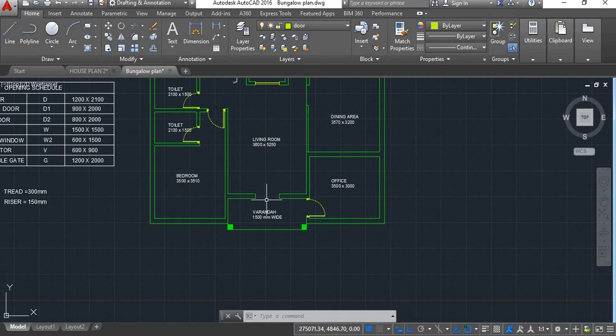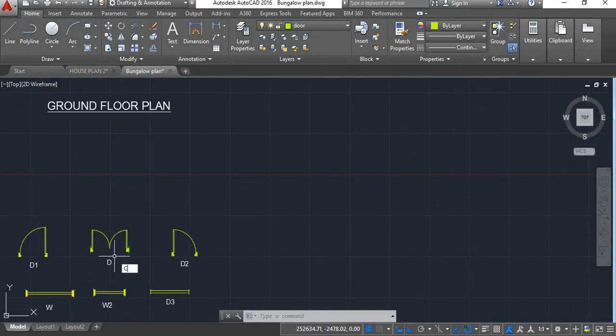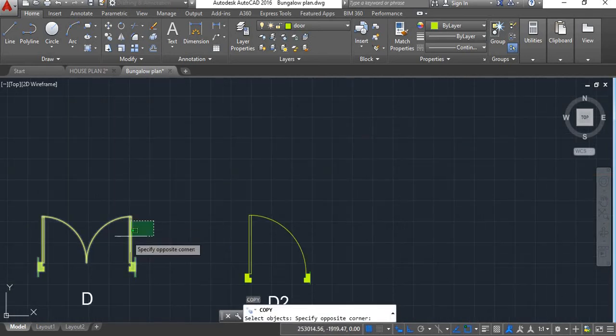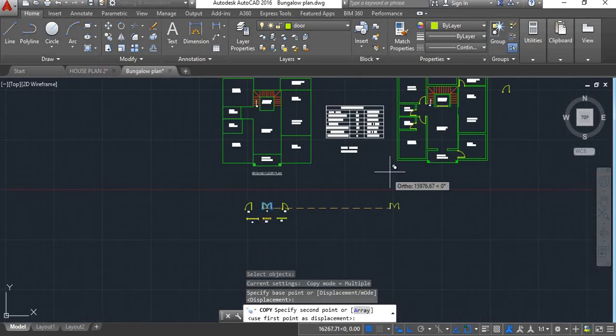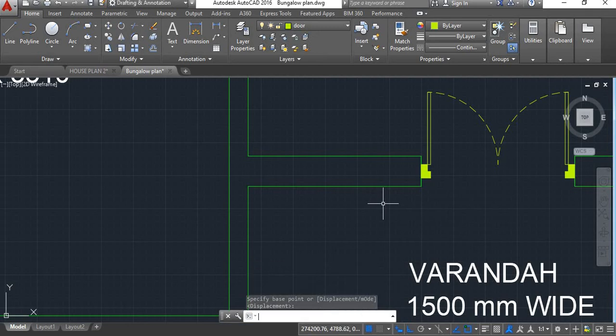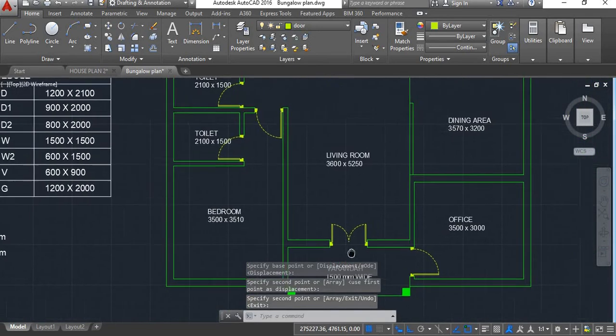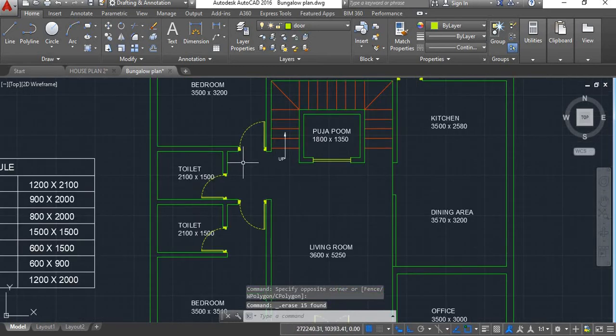Now next I'll place this main door. Copy this main door and paste it here. Replacement of door shutters is done. I'll do the naming.